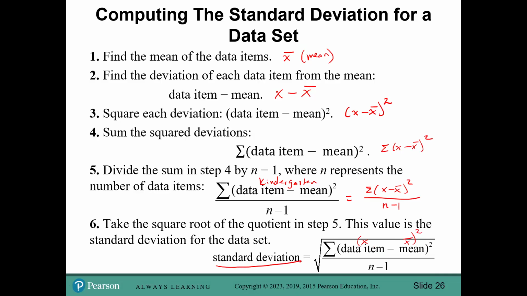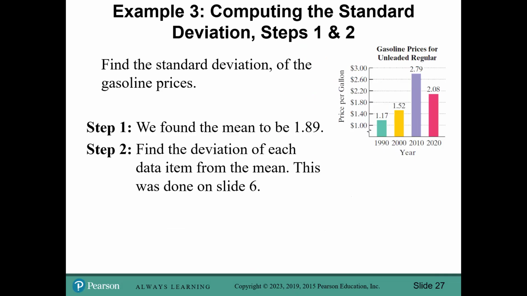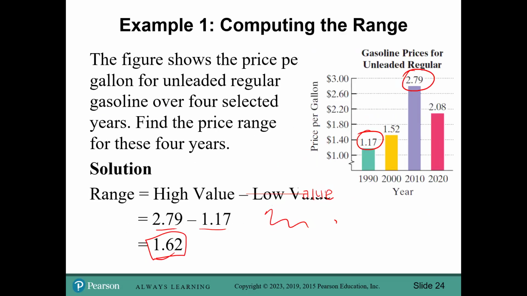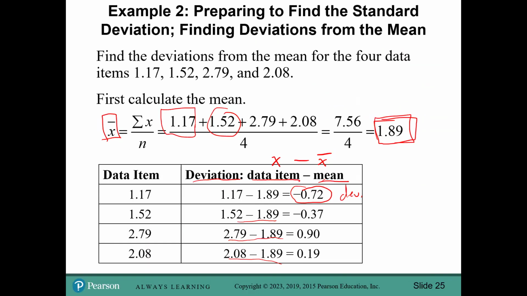So let's go back to our gasoline example. We found the mean already to be $1.89. In the previous example, we also already found our deviations. So we're going to use those values, and then we'll just square each one. So I'm going to backtrack quite a bit here. Somewhere it was here. We found these deviations. My deviations squared